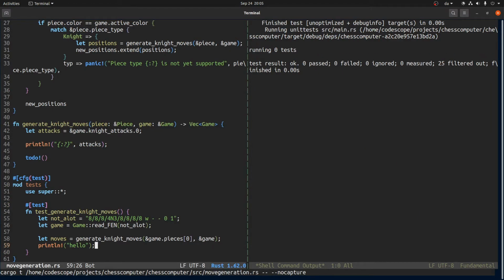Okay, so here we see the commands running, which looks fine. But it's not finding that. Okay, so the problem is the